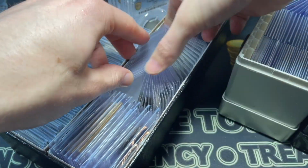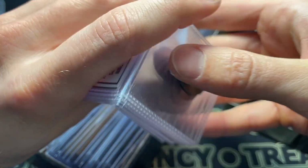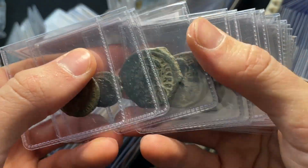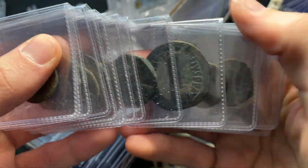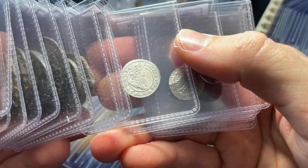Let me try to do, actually, I don't want to bite off more than I can chew here. We've got two more groups of ancients that I'll get through. Again, most of these will be $9 starting bids, so some good opportunity to come away with some nice coins. We have a nice late Roman Byzantine mix, including multiple, looks like 4, Christ follis, a big Justinian coin, maybe make that number 5, some early